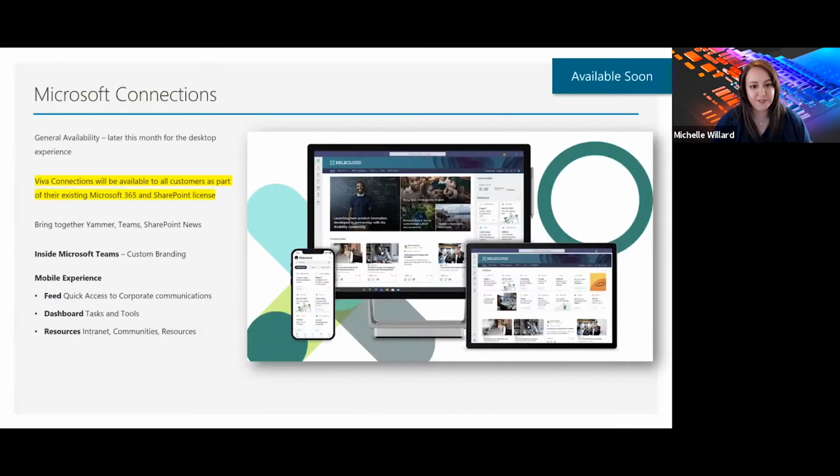So first one, excited to say, is going to be Viva Connections, and it is included. So it is going to be included in your existing Microsoft 365 and or SharePoint license. Viva Connections is all about bringing together a mobile and virtual experience within Teams and or within the mobile app. So there's a lot here really leveraging what